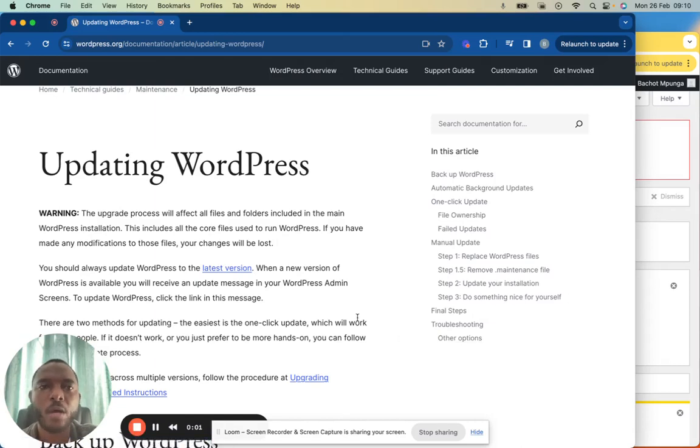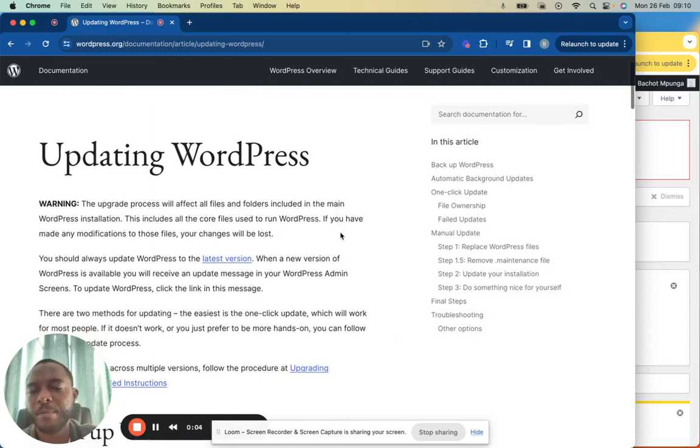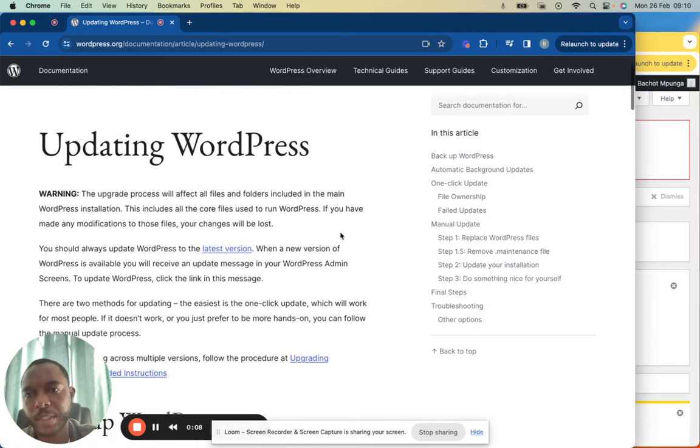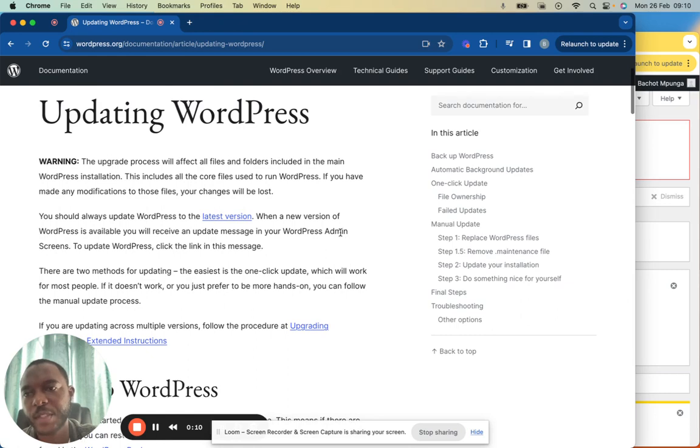I'm going to show you how to update WordPress and also plugins and themes. So let's start with the core WordPress. As you can see here,